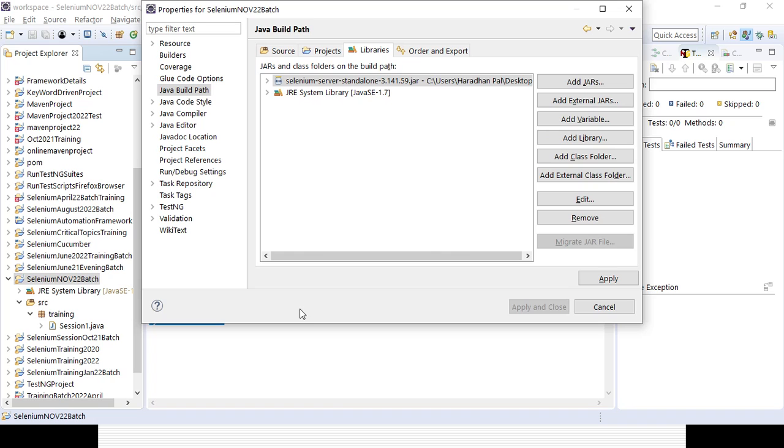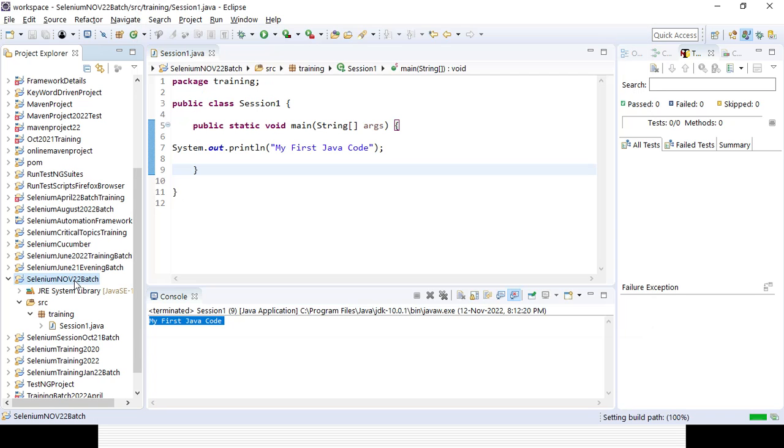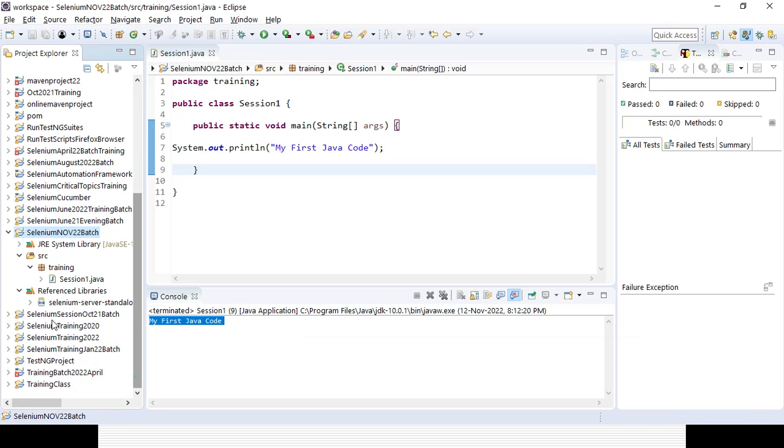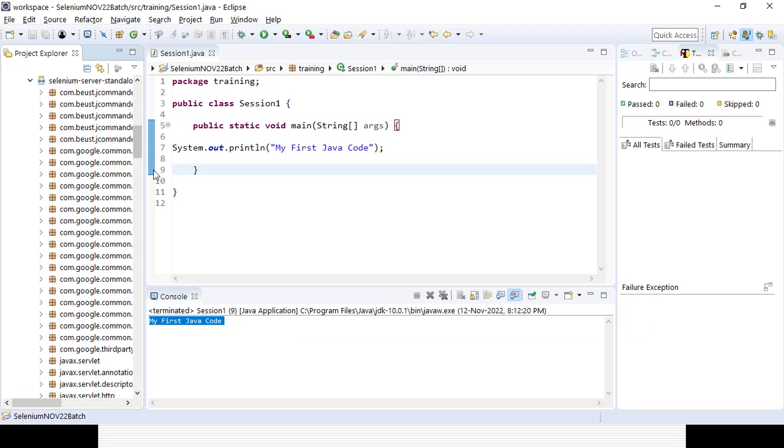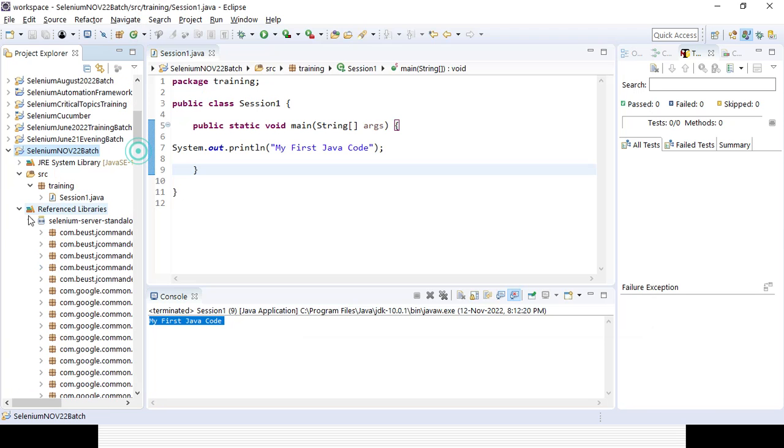So now if you refresh your project, right, you could see the reference library section got added, which is nothing but your Selenium jar file. If you expand it, all the packages will be there, and inside the packages, your classes, your interfaces, your methods will be there. So that is the third step.